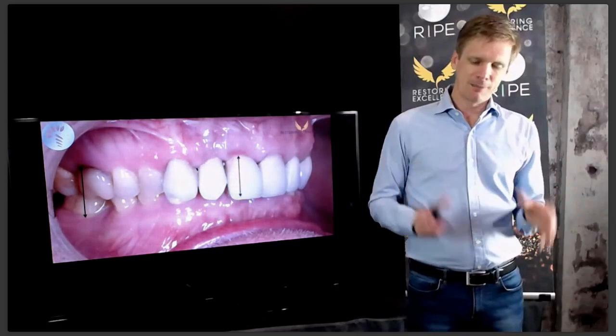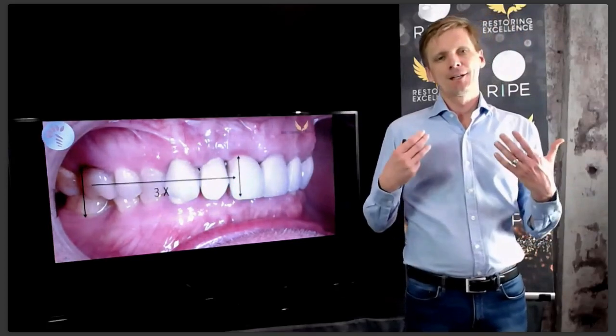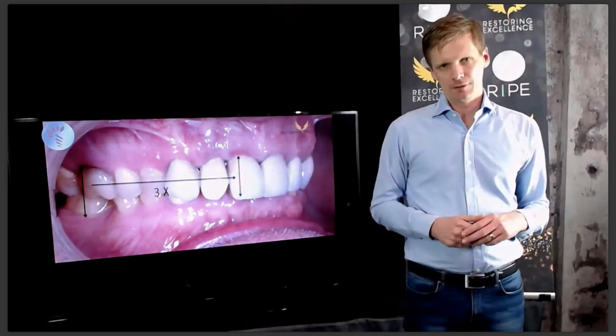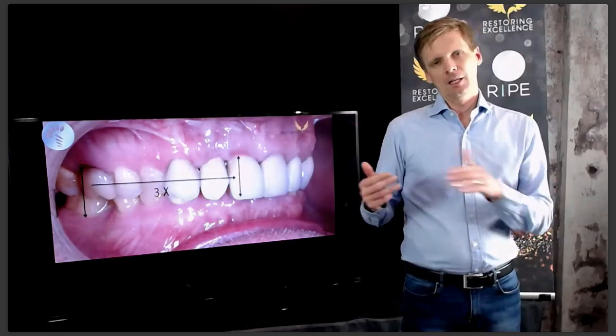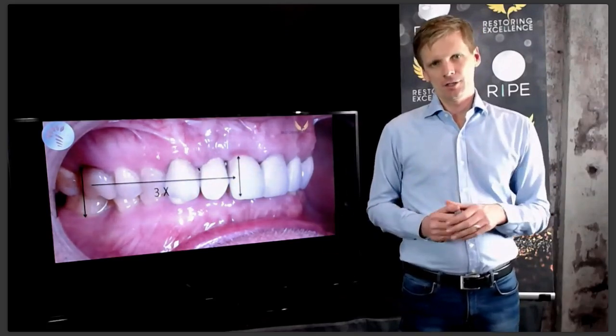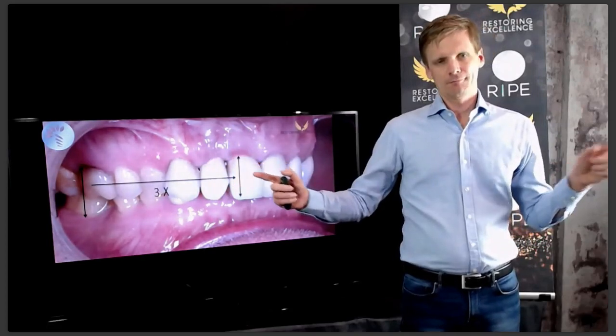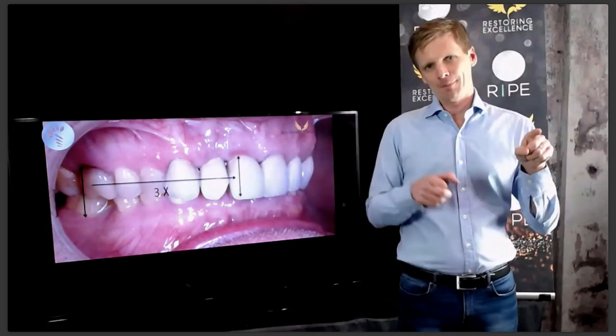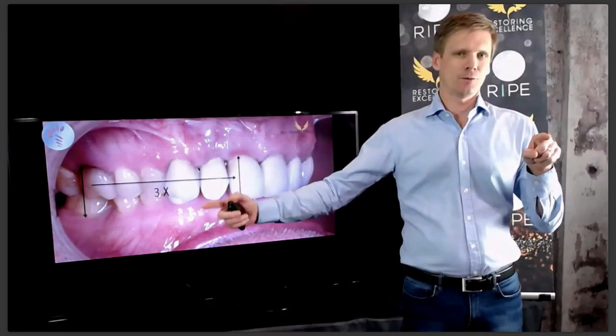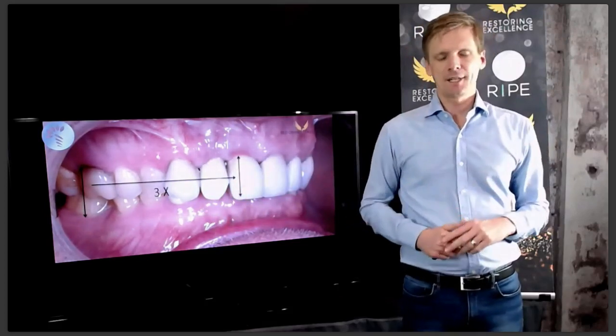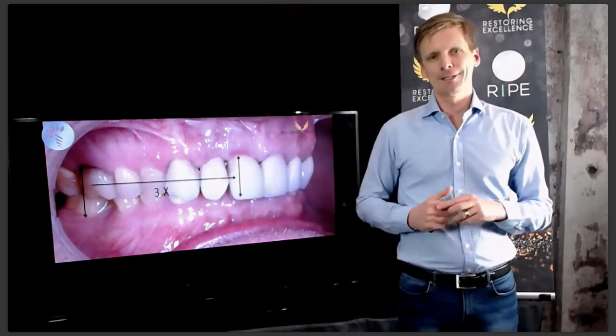Now, from a planning point of view, you need to remember that when you increase the height of the back teeth, the height or change at the front teeth is usually 2 to 3 times greater. It's very simple mathematics. You've got a hinge here, and then the back teeth are close to the hinge, the front teeth are further away. So if you add 1 millimetre at the second molar, it will probably be 2 to 3 millimetres at the